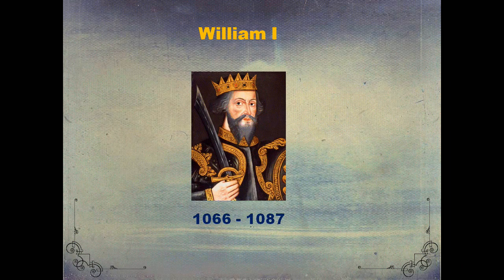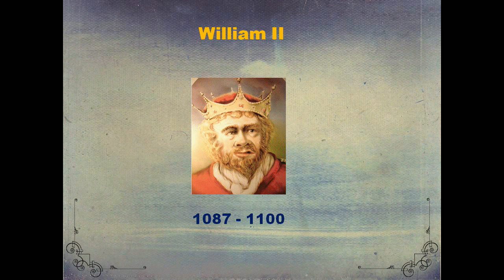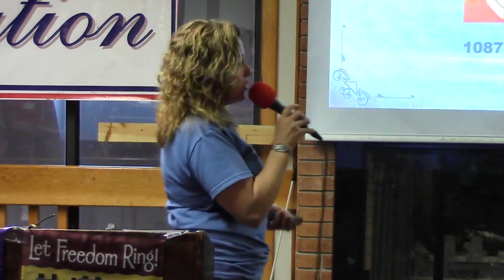Now, this transformation takes place over a period of about 40 years through the reign of William I and his son, William II. Now, William II is described as being a wicked, evil king just like his father. His nickname is William the Red. Can you figure out why? Now, the good news is, as some of you already noticed, William II is only going to rule for about 13 years. Because one day, William II and his little brother, Henry I, here's Henry,